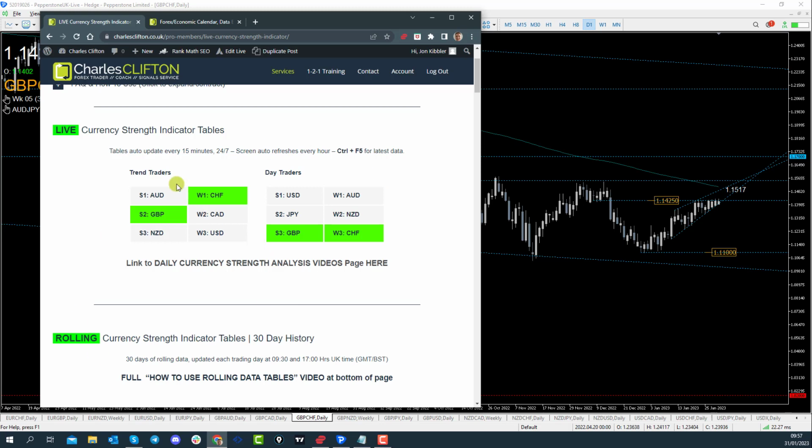We have two types of tables. We have the trend traders table and the day traders table. These are showing the same studies but just highlighting different time frames, and you can see that some of the currencies here are highlighted in green. That means that there is a confluence between those two trading time frames, and that's where we'll be focusing our